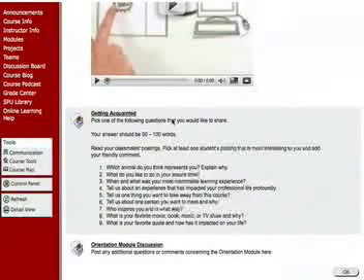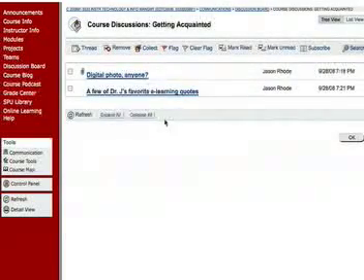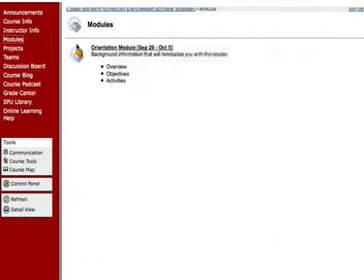And links to all of those activities will appear right here in the particular module. For example, if it is a discussion assignment, you can click on the link that's provided, and it'll take you right to that discussion board. Or if it's a posting to our course blog, which we'll get to in a minute, it'll take you right to there as well. So think of the modules area as the place to find everything you need